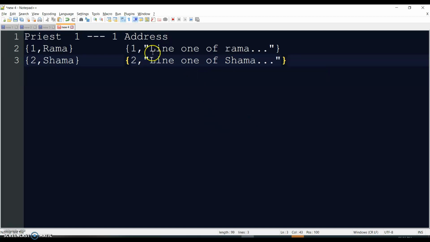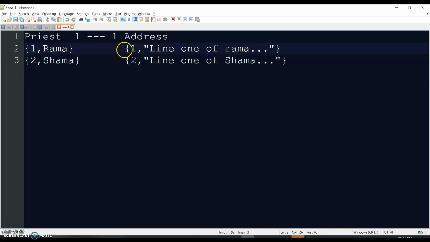So this entity does not have a primary key of its own. It just makes use of the primary key of the priest, and this acts as a primary key for this table, the address table, as well as a foreign key which will refer to this column. So I'd want you to understand this.